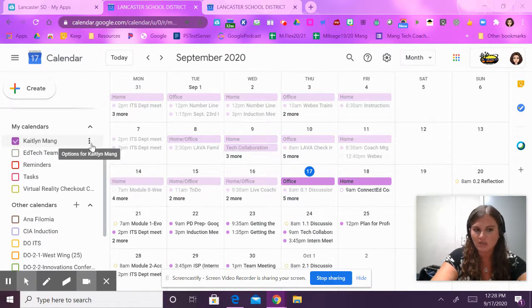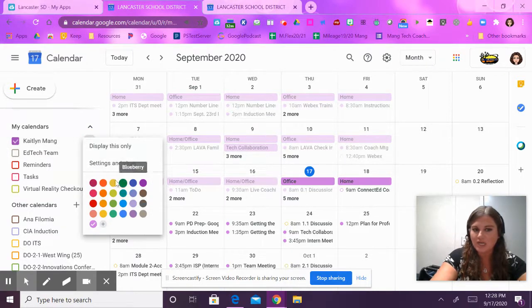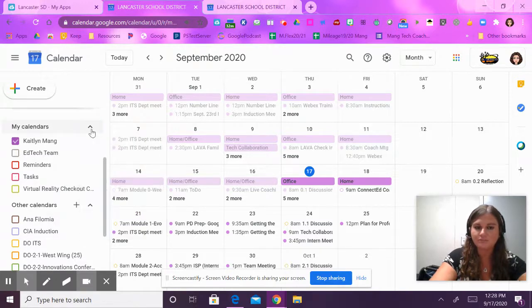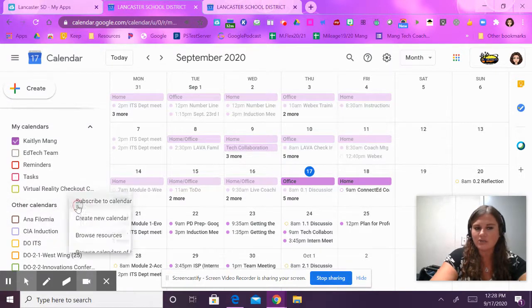And again, it's going to be reflected in the color next to the checkbox. If you want to change the color of your personal calendar, by clicking on the three dots, you can customize the color that is associated with your personal calendar. To see your school's calendars, you're going to click on Other Calendars, and using this plus sign, you're going to